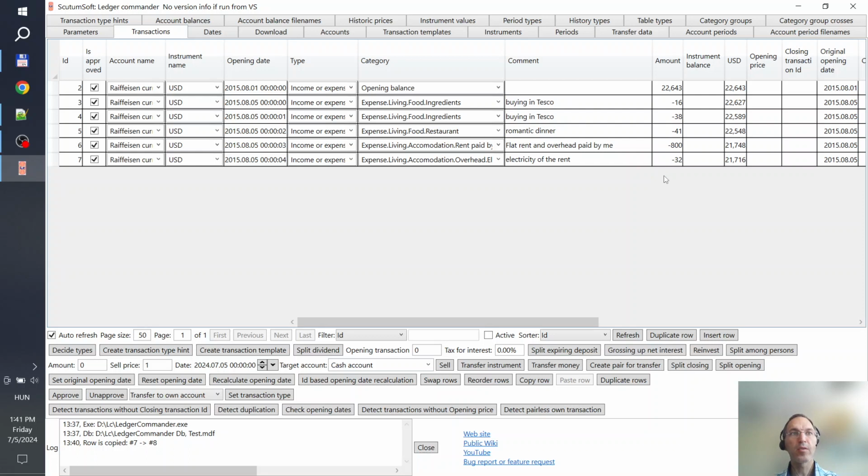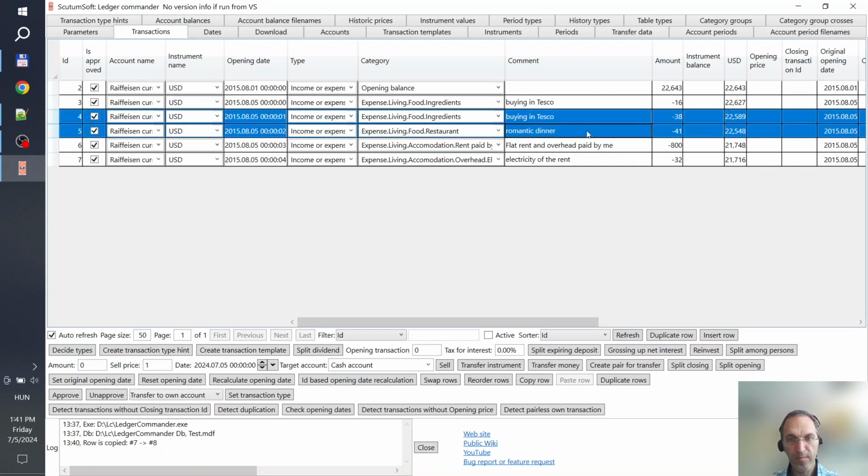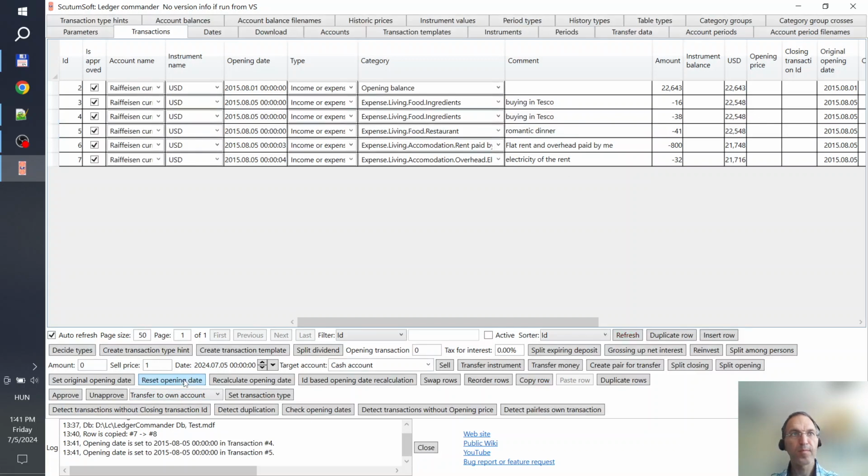How can we reorder the transactions? The Reset Opening Date button sets the opening date to the original opening date. Use this button for transaction 4 and 5. Press the Check Opening Date button. ERC warns me that 3 opening dates are the same for account 10.